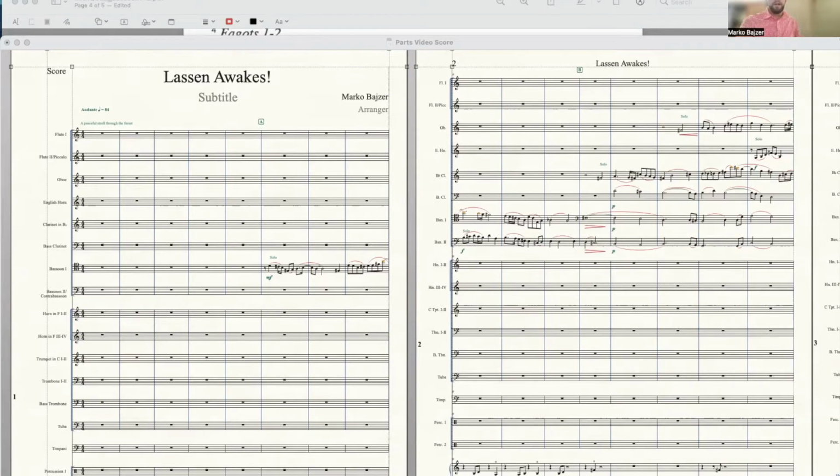Hello, everyone. I'm making this little video here, which is about how to make parts in Finale. In this department, a lot of music gets written, which means a lot of parts need to be made. And while this is not the most exciting and intellectually stimulating part of the composition process, it is unfortunately